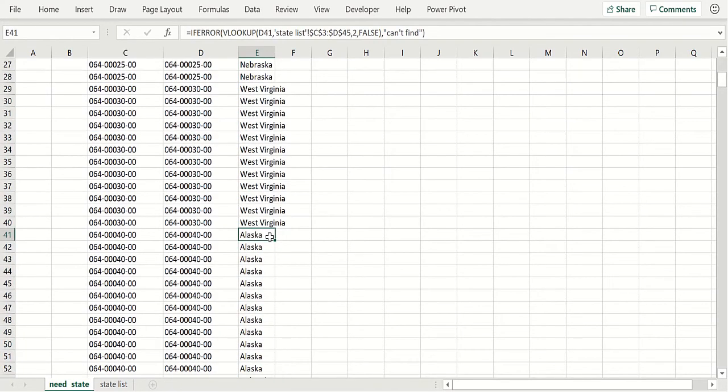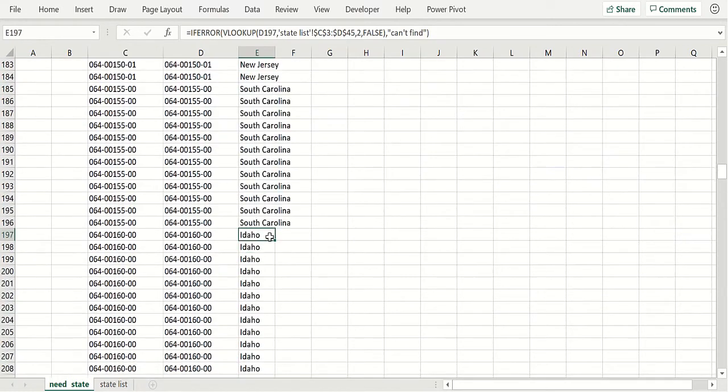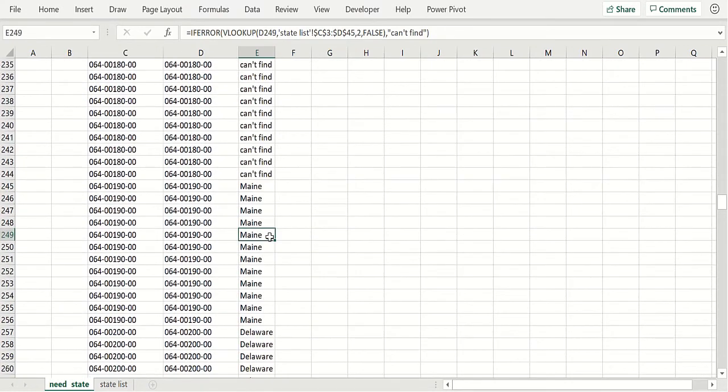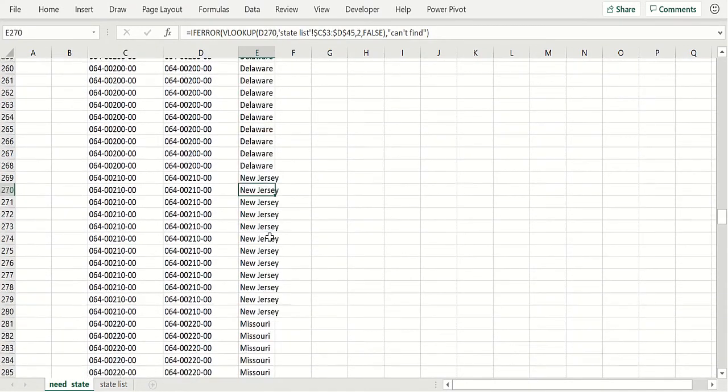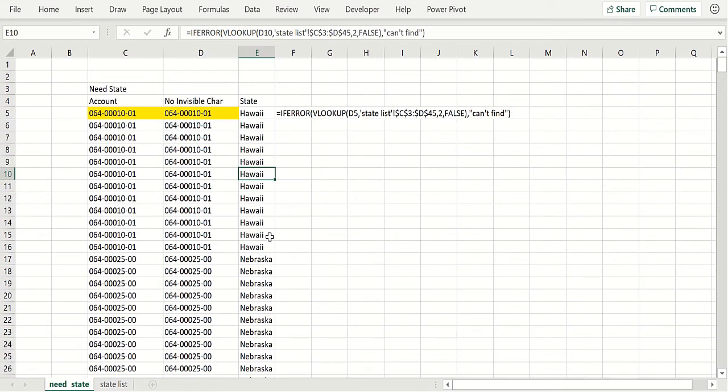Okay, and there it is, "can't find." So that's an account number that is not on the second list, but we've now found what the state is for all 500 or so rows by quickly using flash fill to delete that invisible character, but we had to know